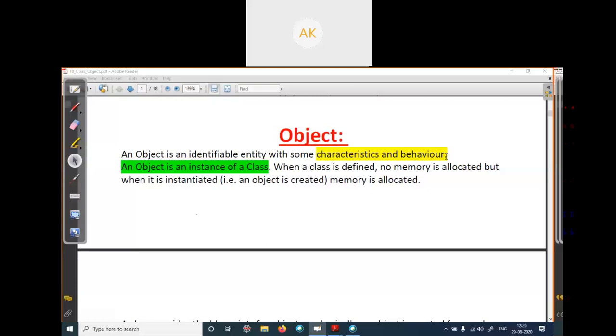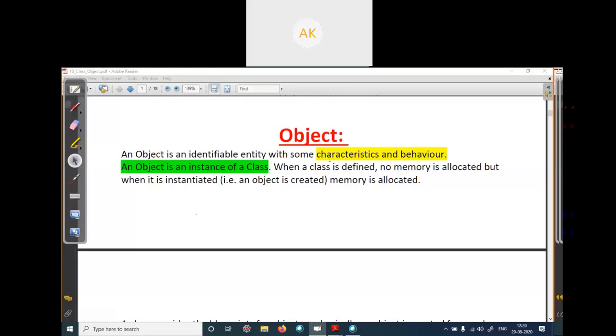Rahul has a name, age, mobile number and address. These are the properties, meaning the data it holds. And behavior is what operations Rahul performs: Rahul can eat, walk, sing, play. These are the methods, the functions performed by Rahul.